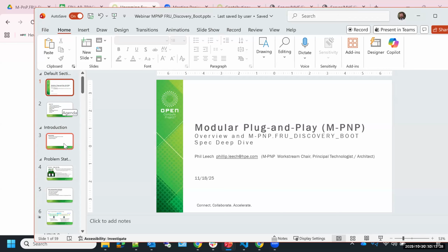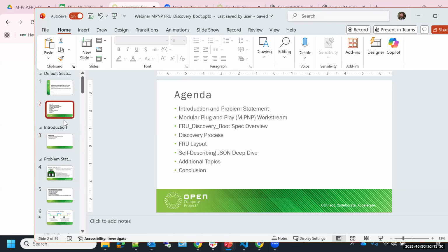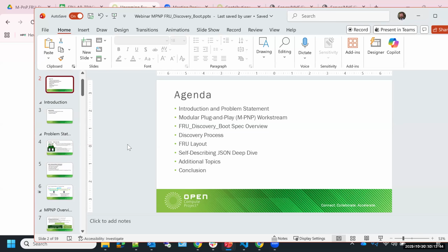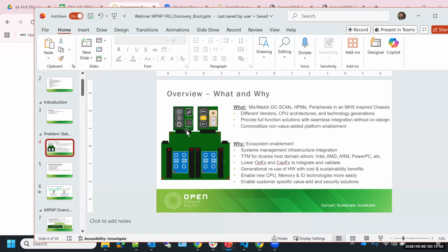I've kind of divided this up, but I'm going to go into more detail next week. Kind of some more time to fill this out. And kind of the idea with the Fruit Discovery boot, this particular webinar, we're going to provide more upfront context around the problem statement. I'm working through that. I'm probably going to use some of the slides. I kind of adapted one of the slides from our OCP Summit presentation, but I'll adapt some of those and give us a bit more context